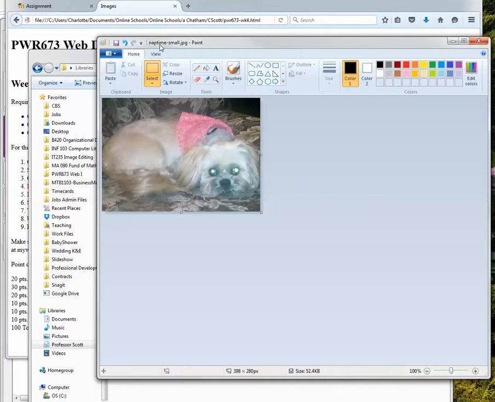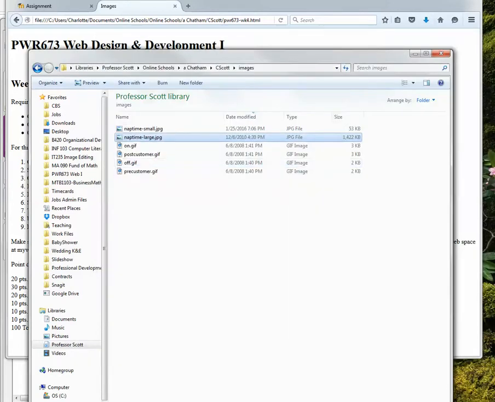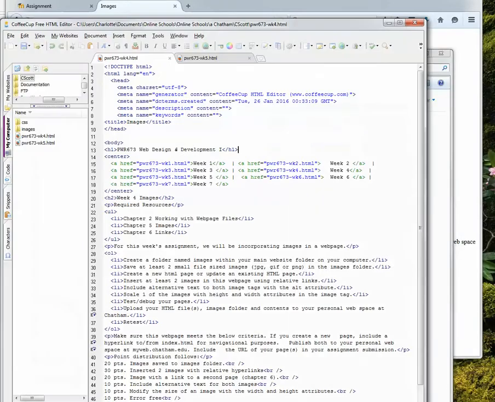So now let's remember we named it naptime-small.jpg. I don't have any spaces in my file name. The dash or the underscore are fine in a file name. It's relatively a short name, and so we're good to go there. So I'm going to close out of this, and then we're going into Coffee Cup,